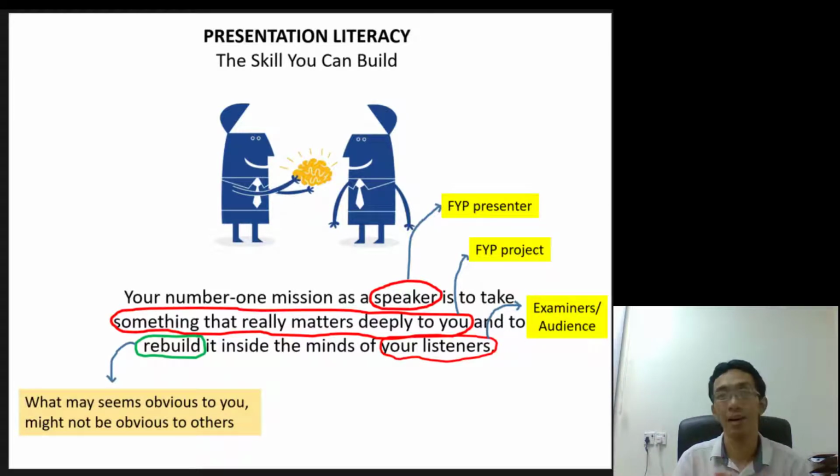This might be obvious because you know very well about your research. You are familiar with that. You live, you eat, you sleep with it. In other words, you have a passion for it. If not, you are just like a robot following your supervisor's instruction just for the sake of the grade. When you do a presentation, you want to share that passion with your audience, with your examiner. If you and your examiner have the same frequency of understanding, the rest will be easy. You are happy, examiner also happy, win-win situation.